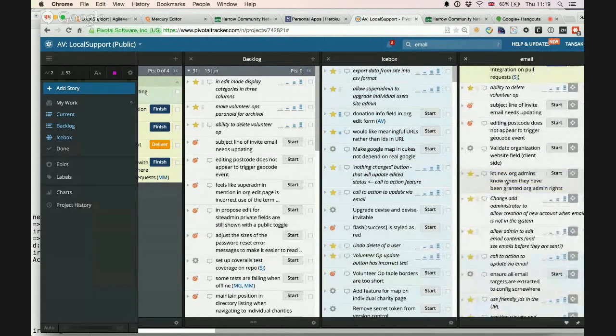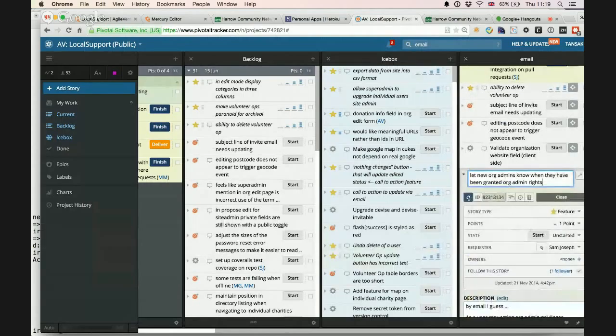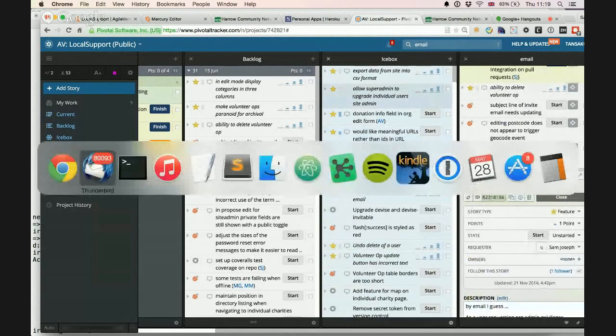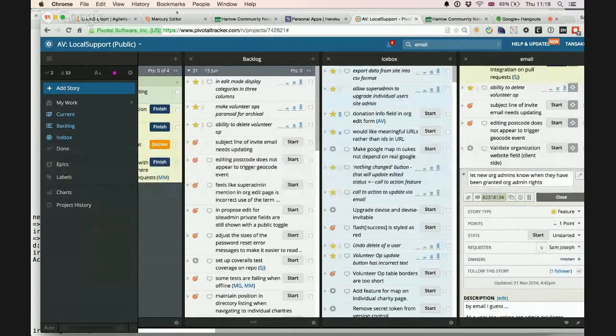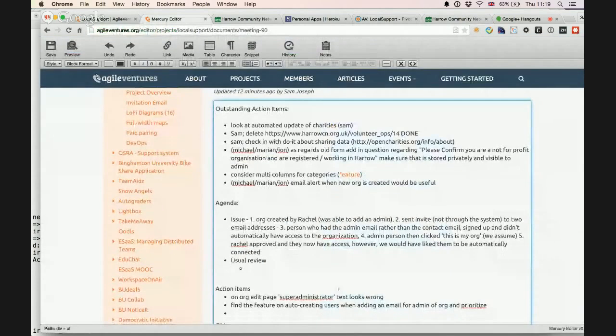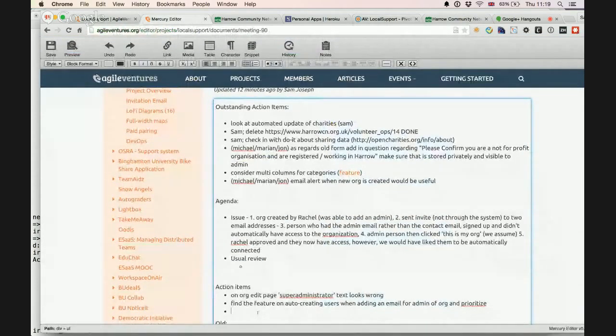Okay, so I'll mention that as higher priority, for notifications. Yes, and that's related to things like email alerts. Right, so we've got all those things down.